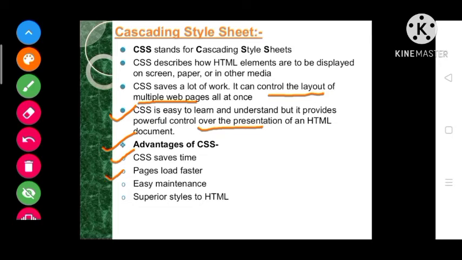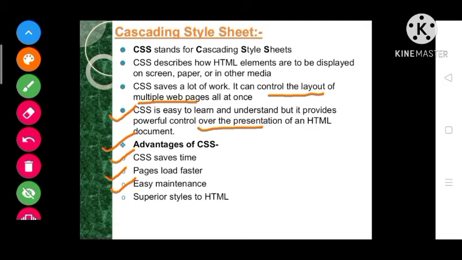Next one, it gives fast loading of the page, meaning pages load very fast. Next one, easy maintenance, because if we want to change the color, size, or width of any text or any elements on the whole web page, then we do not go to each and every web page code and change it.